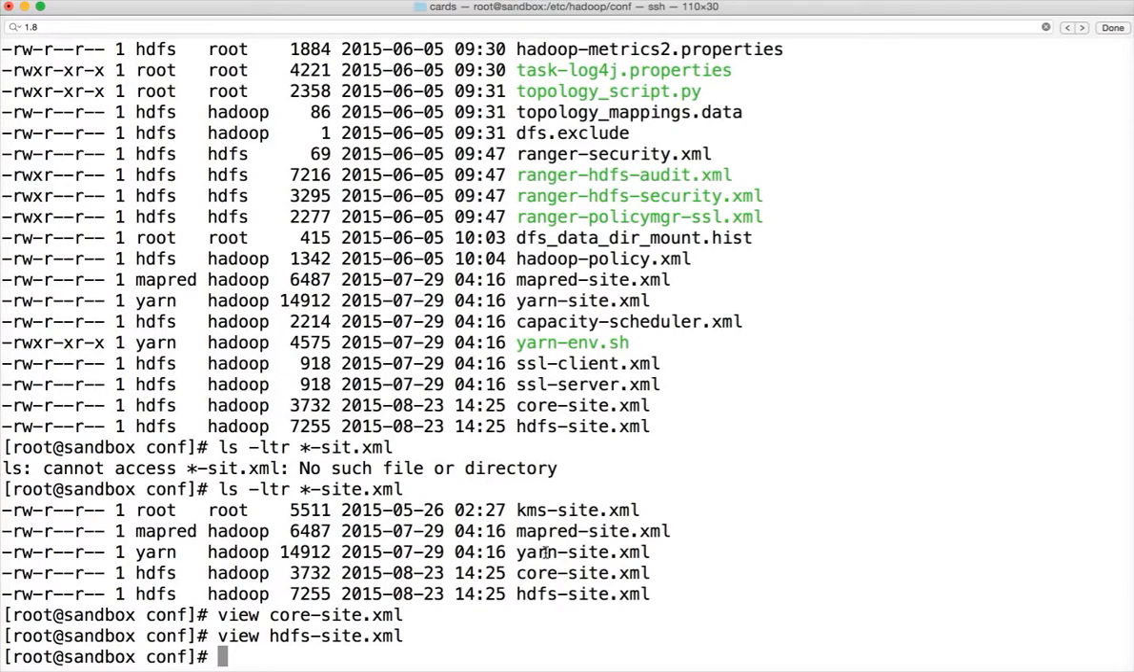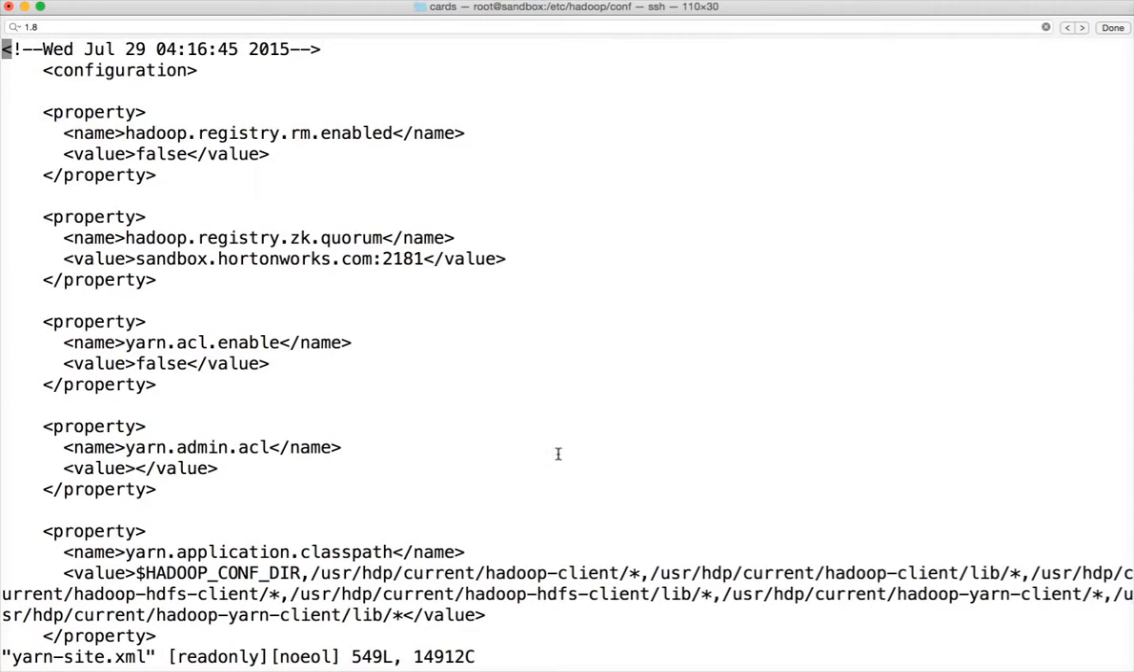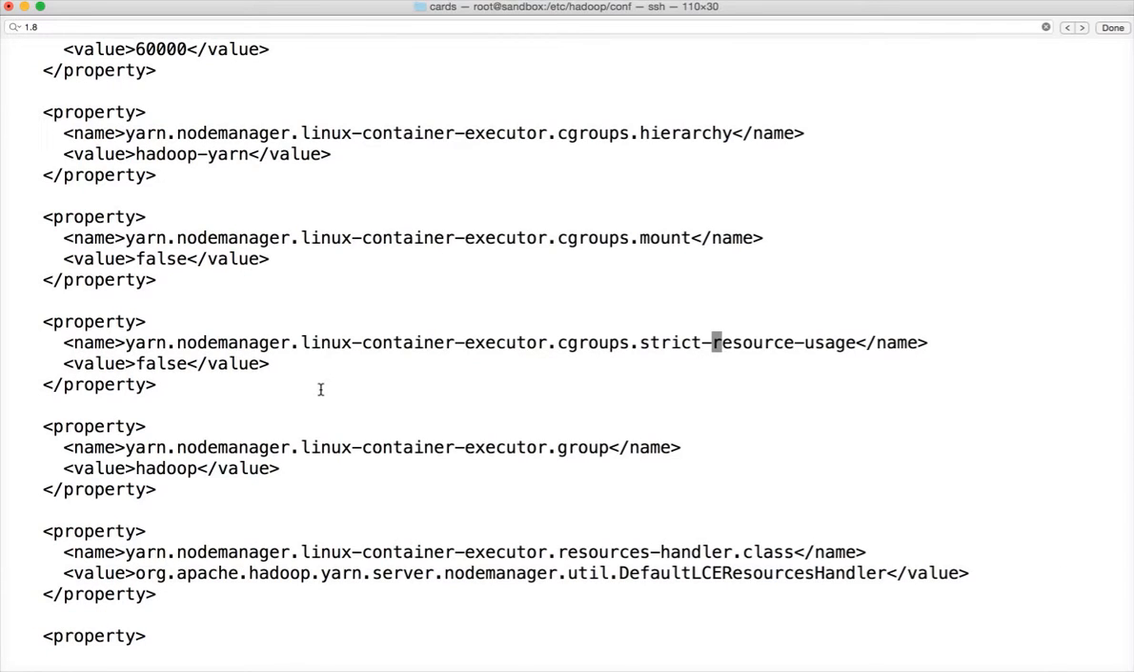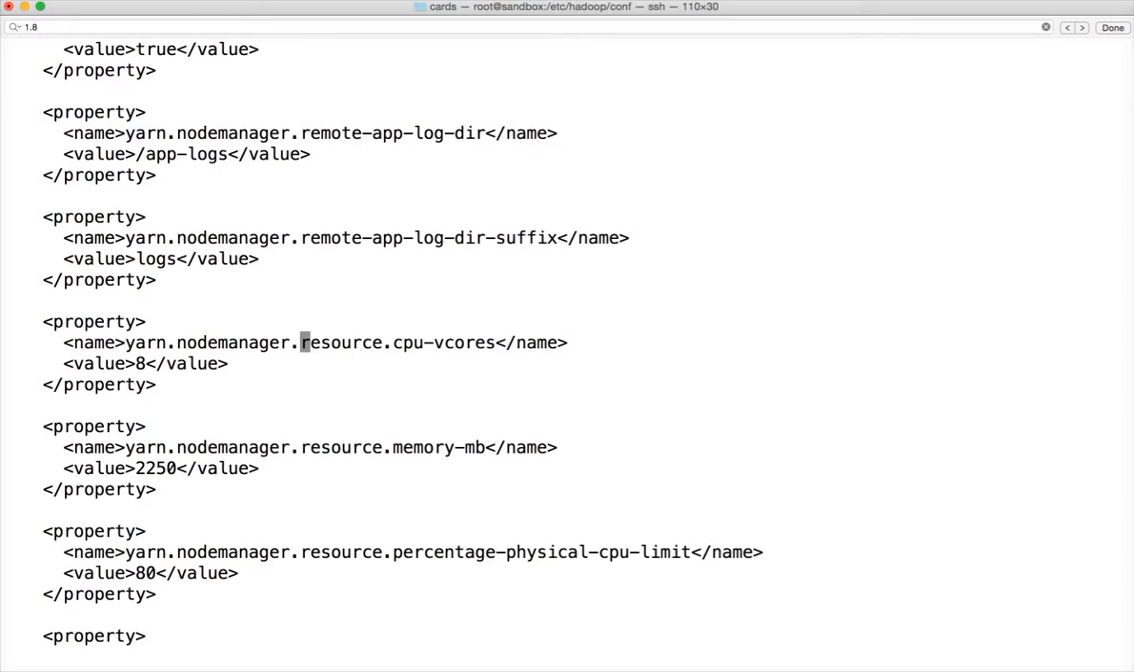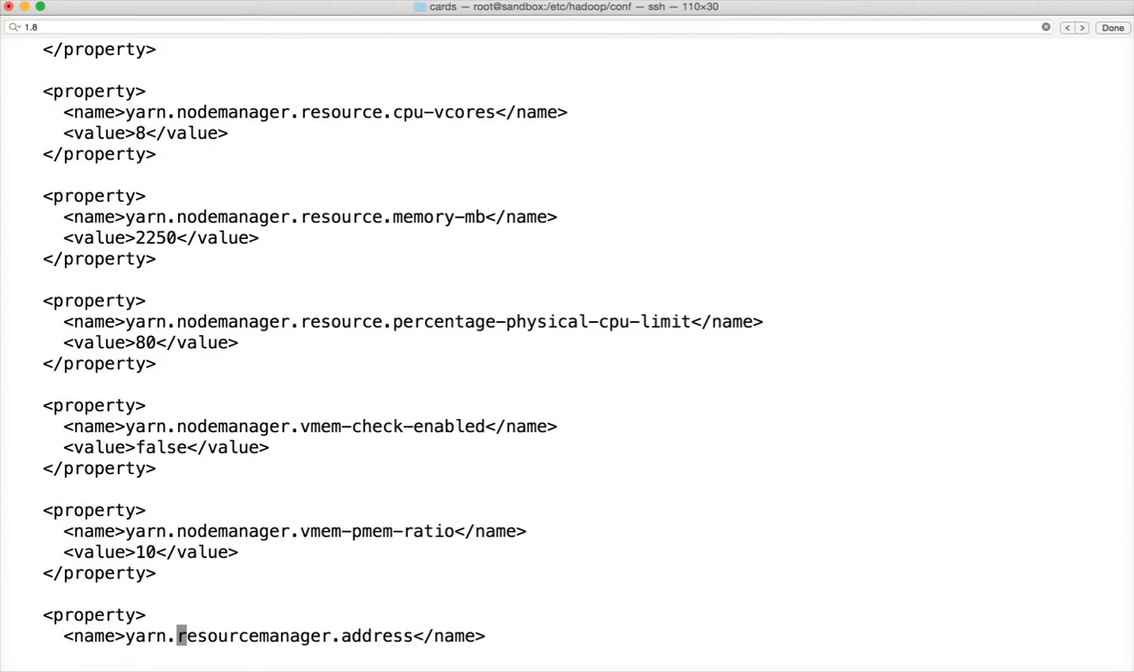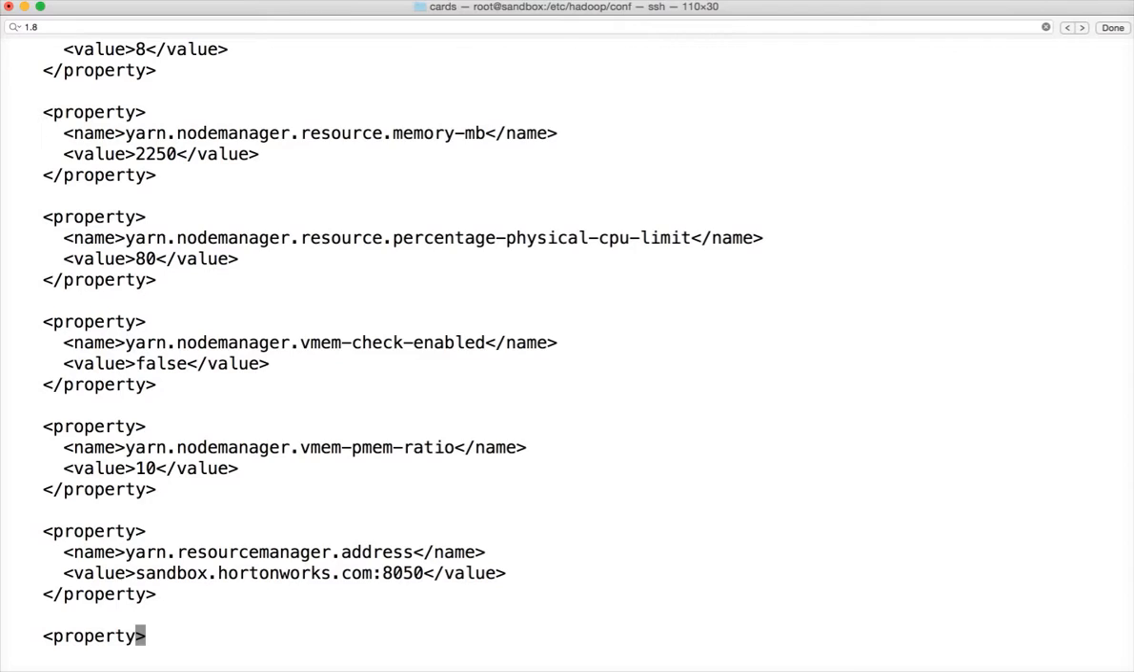And then we have two files for the MapReduce execution framework, which are yarn-site.xml and mapred-site.xml. And if you look at yarn-site.xml, the most important parameter is the resource manager parameter. Yeah, this yarn.resourcemanager.address will tell you where your resource manager is, and typically this will be